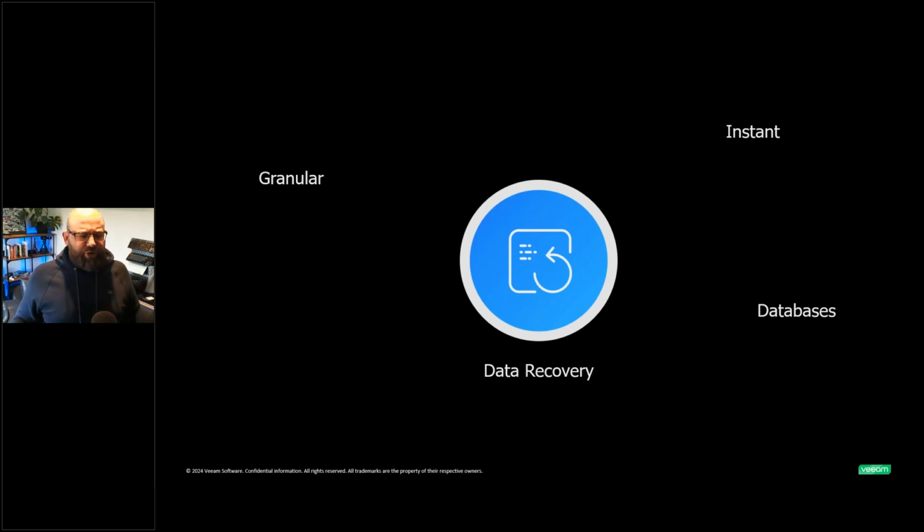Databases, a huge importance around databases. You've seen us move the configuration database to Postgres, but then also you've seen us bring out the Veeam Explorer for Postgres and being able to run the instant database recovery there as well. And what you've seen from a Microsoft SQL perspective, being able to integrate into Management Studio, all of that good stuff. It's all focused around recovery and protection of those workloads.